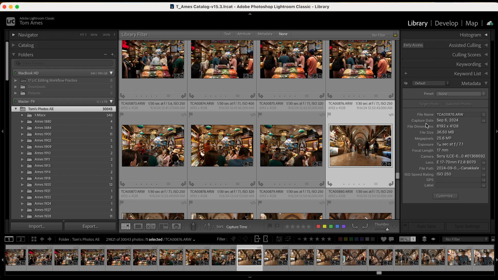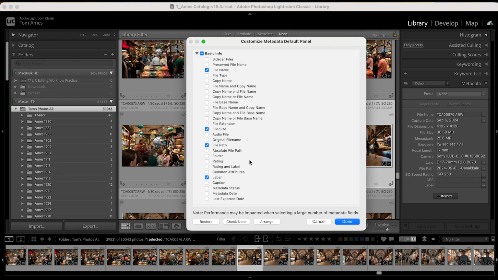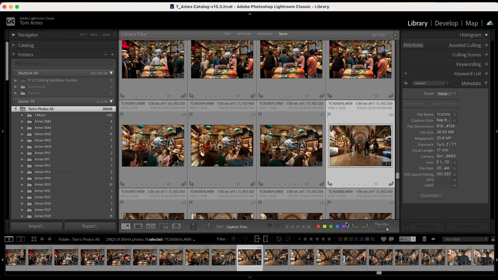And it's got the date, the file dimensions, the file size, and I have other pieces of metadata that I could click on that would show up here. But you know, I don't want this much larger than this, but these are the important pieces of information for me. And if I click on metadata,